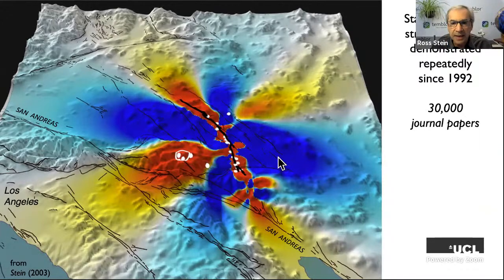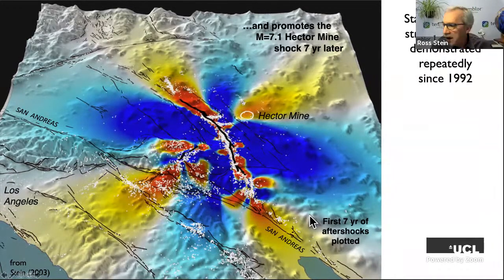And we can, because there were 10,000 aftershocks that occurred here. And you can see that the vast majority of them occur in the red zones, including a 7.1 that occurred 7 years later. So this tells us that these effects have some staying power. And it tells us that these stress trigger zones do seem to be the site for subsequent earthquakes.